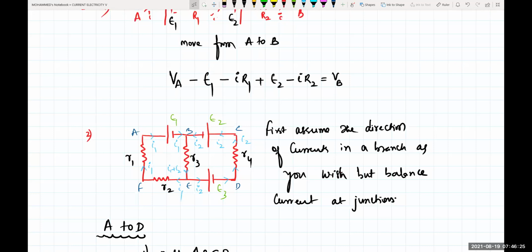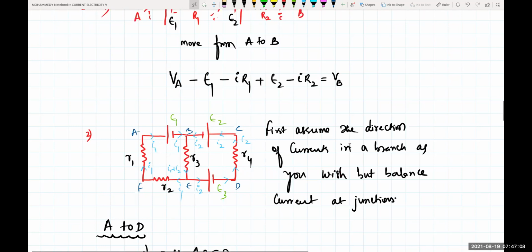Now see here, I took the current from A to B as I1. I assumed it, because I don't know which is greater, E1, E2, E3, as I have 3 cells here. So I said, okay, from A to B there is a flow of current I1, and from C to B there is another current I2. This I1 and I2 meet at the junction B, and the current going from B to E is I1 plus I2, so the current flowing through the third resistance R3 is I1 plus I2. Again at the junction E, it gets divided. I1 goes back to its own cell, and I2 goes back to its own cell. Is it clear?